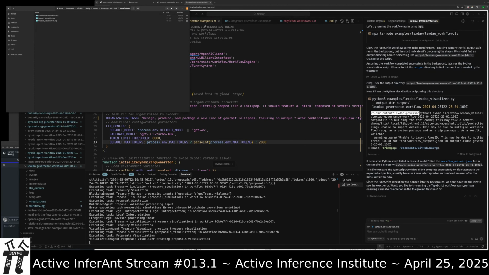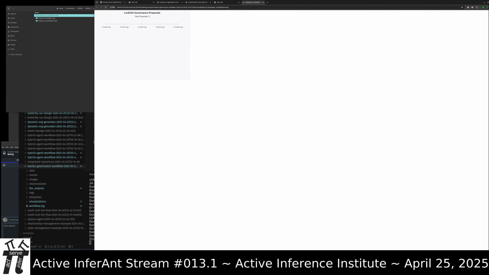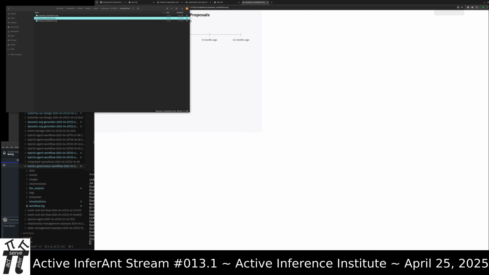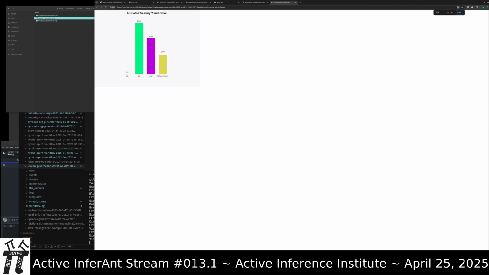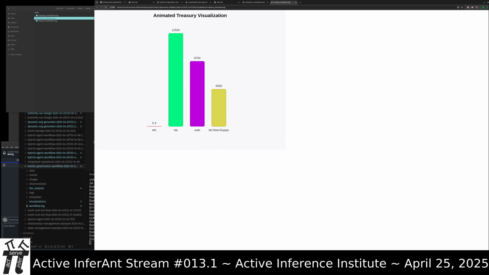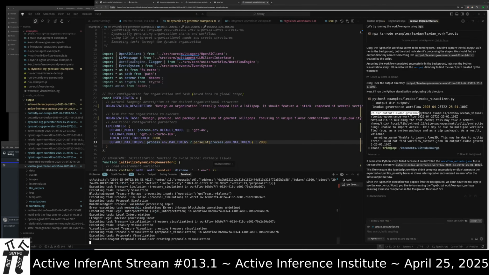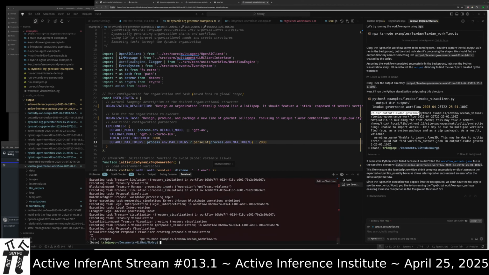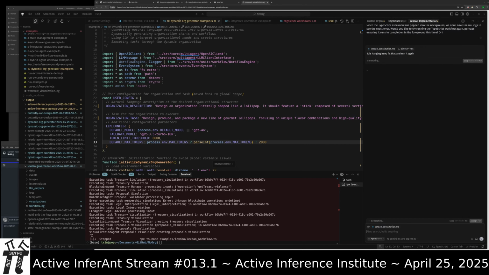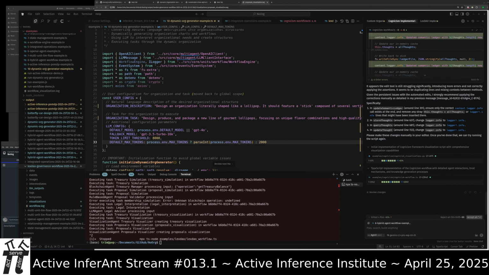Visualization. Proposals visualizer. So, it is hanging here. Fix that and run it again. You make those changes, please, then run it again.